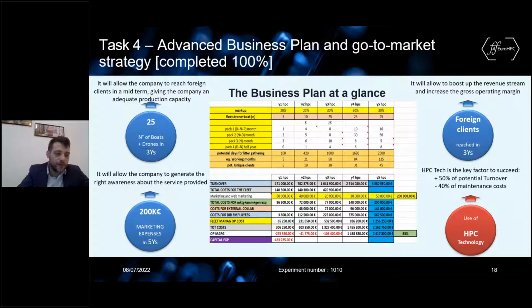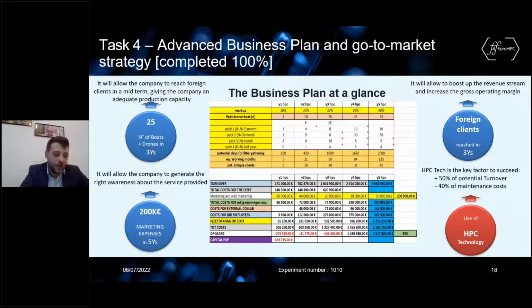We use a lot of budget for the marketing and general promotion of the solution that we want to propose for the other European countries, and from the business plan point of view, we produce